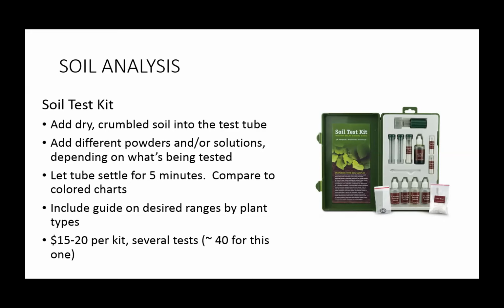But it's great because you just mix the tube and it's ready results. They change color and they provide color codes with it. And then they give recommendations and guides for the pH, nitrogen, phosphorus, and potassium you want for different plants. So it kind of tells you where you want to be if you want to grow a certain plant, and then it tells you where you are. So this is great for just some simple tests. If you want a better suite, something that's more specific, and you don't want to do the mad scientist on the weekend,